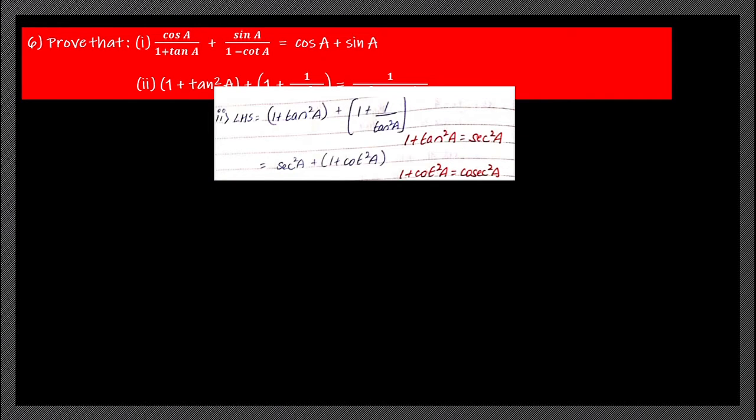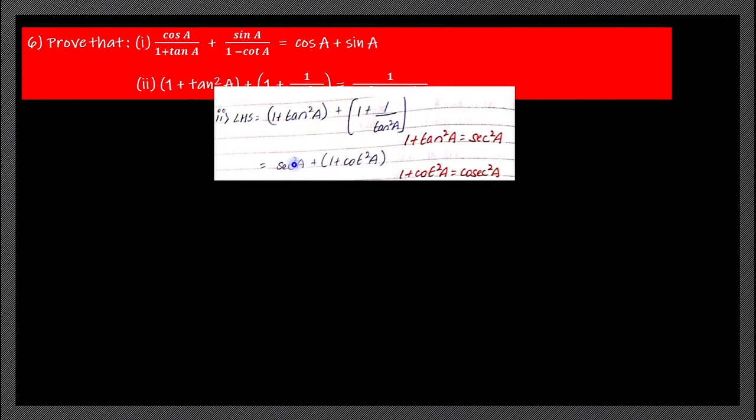And then 1 plus tan square A can also be written as secant square A. So let's write 1 plus tan square A as secant square A, and 1 plus 1 by tan square A, let it be as such. So 1 by tan square A can be written as cot square A using our reciprocal relations. We are all aware of what the reciprocal relations are. We will write it as cot square A.